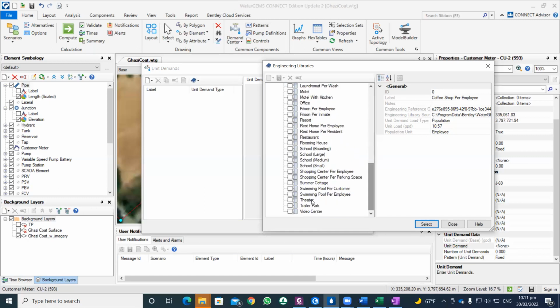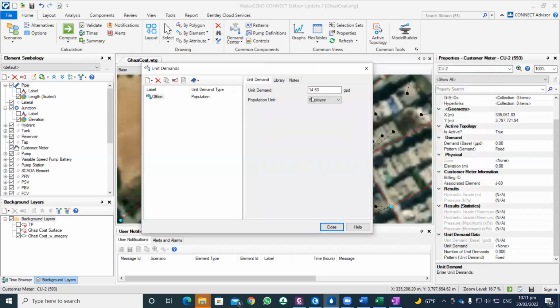So let me assign an office, since I'm not finding the specific demand. I'm considering it as an office, so select it. This is basically the unit demand. These are the employee, MP, senior resident. You can also, for example, if you want to create a demand by yourself,